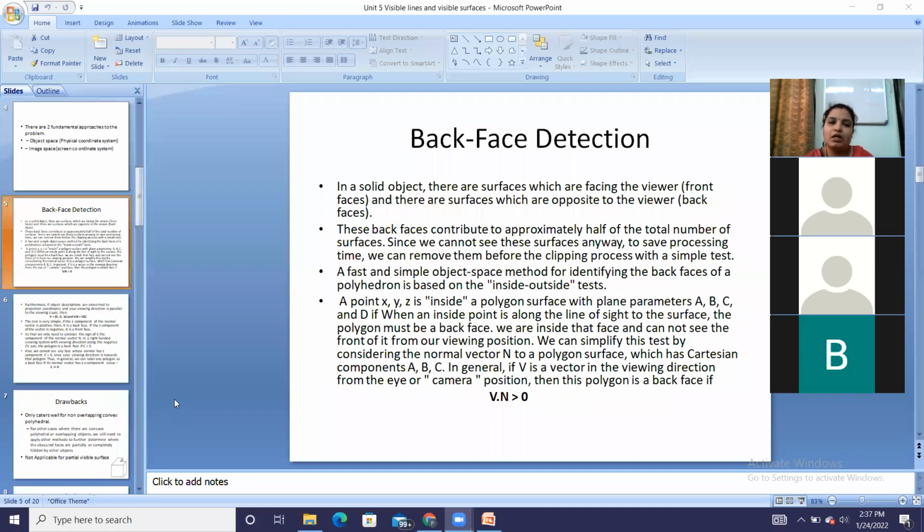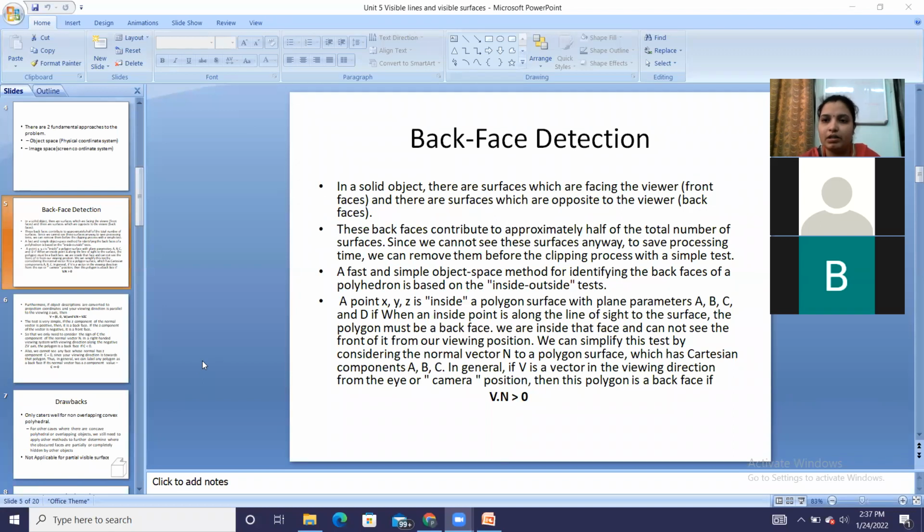One is we can directly remove or eliminate those surfaces, and the second is we can denote them with dashed lines so that we can preserve the original shape of the object. For that purpose, instead of directly eliminating them, we can represent them with the help of dashed lines. These things we have already seen, and now we will start with the backface detection algorithm